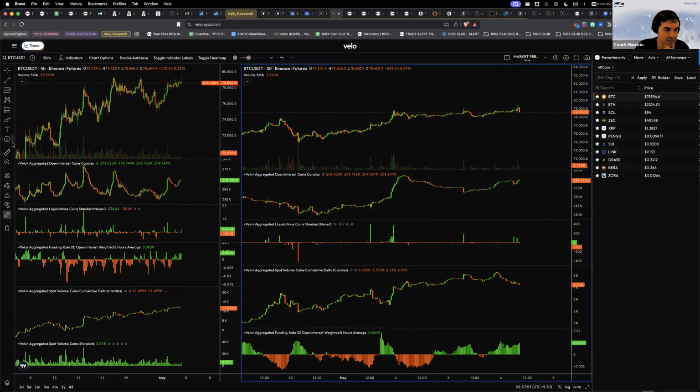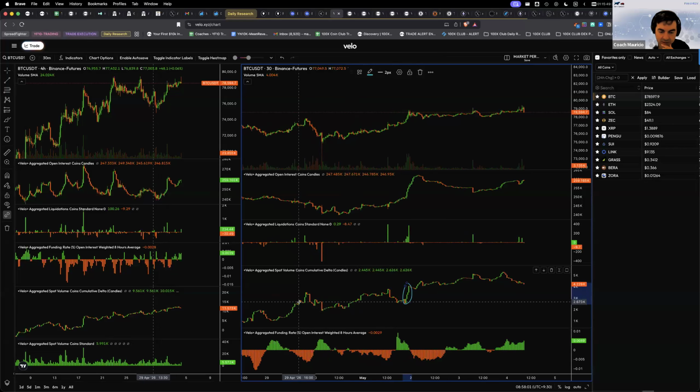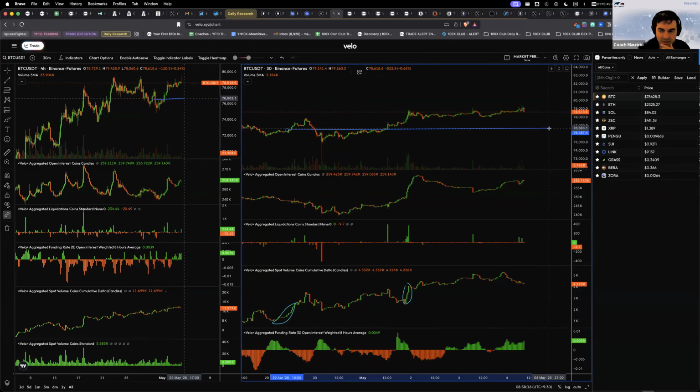what I want to point out is where are the main buyers buying? Right here and right here. So if you add those levels, we have that level there. If you draw a line right there, just for reference, that's one level there. And this is the other level right here. You would take probably around here. I will draw it right there, right?